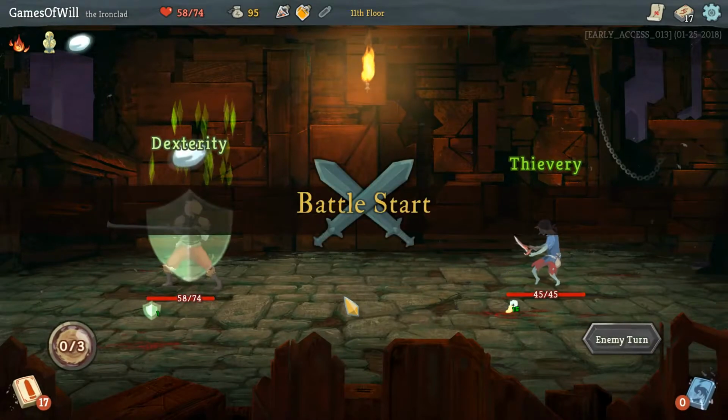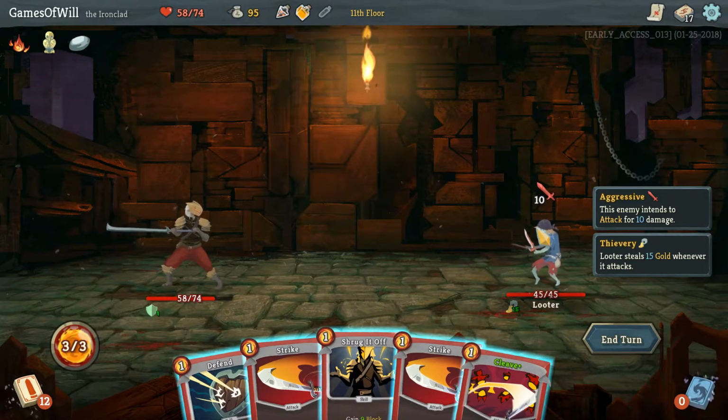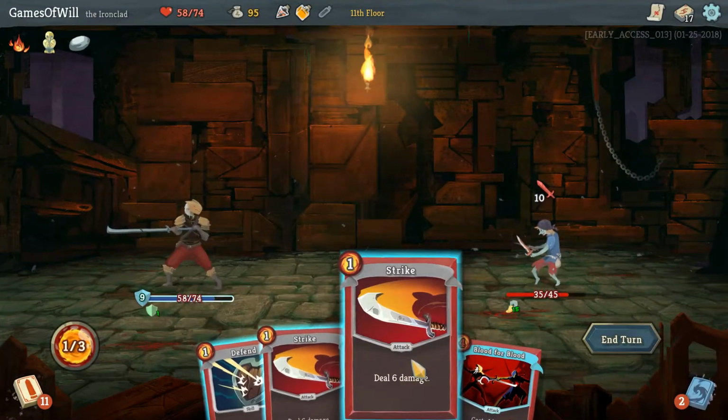And we'll come up here. We're going to risk the elite. If we fail, we'll at least fail quickly. And you guys can see that we didn't learn much. Alright, so 10 attack is a lot, but let's start with Shrug It Off. And then we can Cleave and...